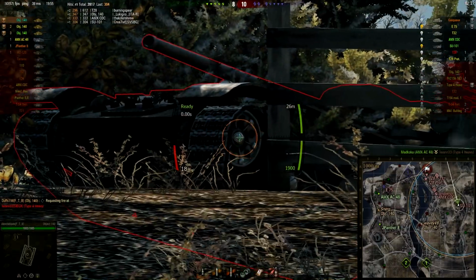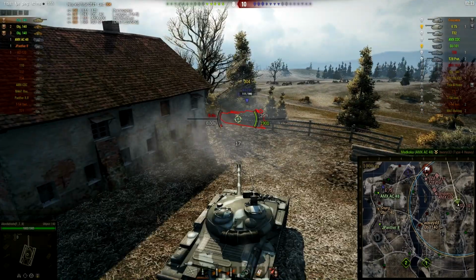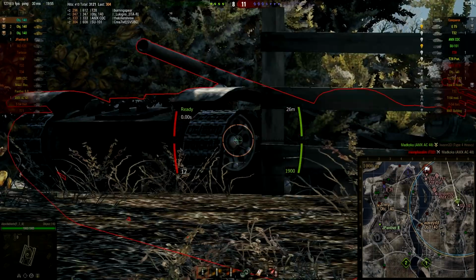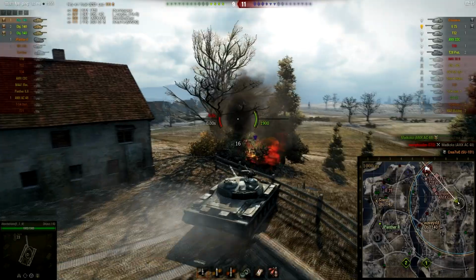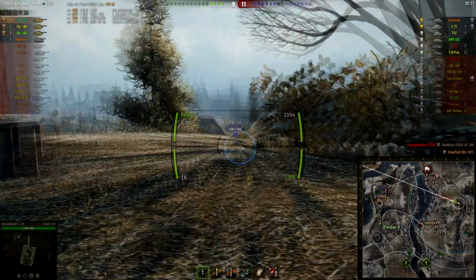I think I retracked him, but I didn't do any damage there somehow. Move slightly closer, get myself a better angle. Obviously do damage there, and finish him off. So now I'm going to get behind the SU-101 to get cover from anything that's going to shoot, and a